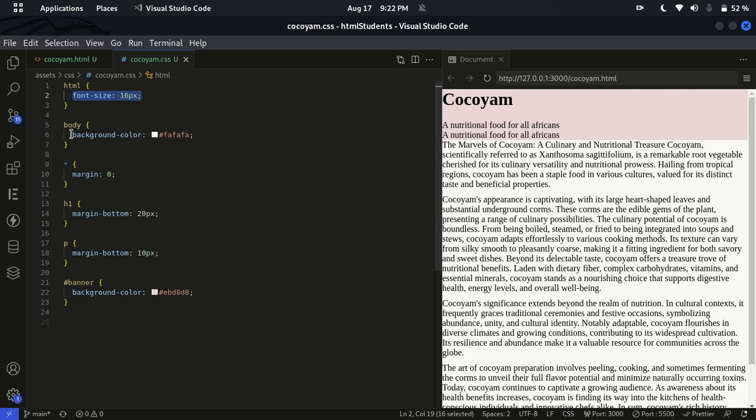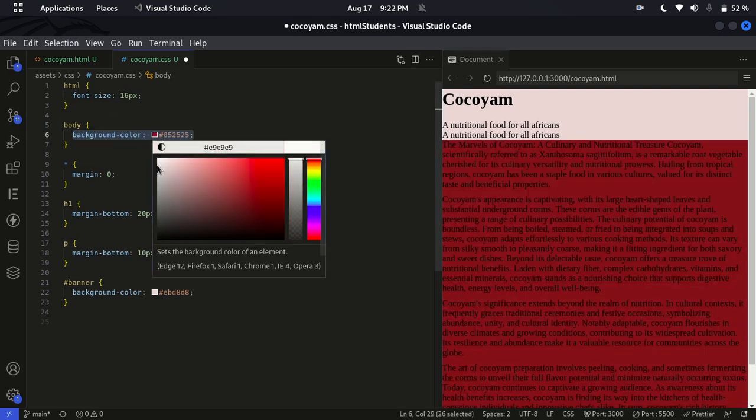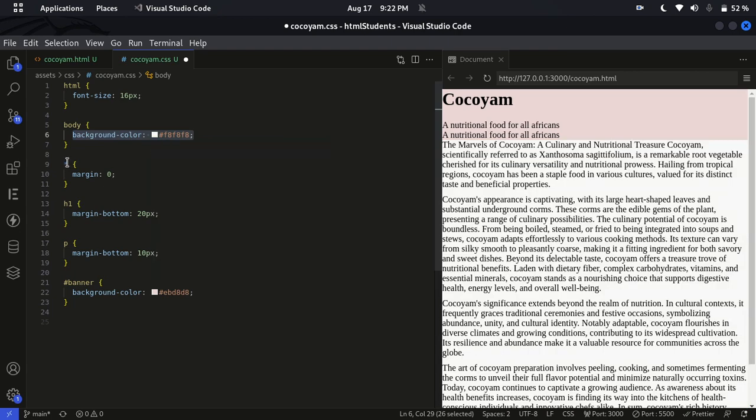Now inside body, I have background color to set the background. Normally, the background was white. You can see. And I have something like this. Now, if you look at this star as well, this star means all items, all tags. So I now set the margin. I don't want any margin to my